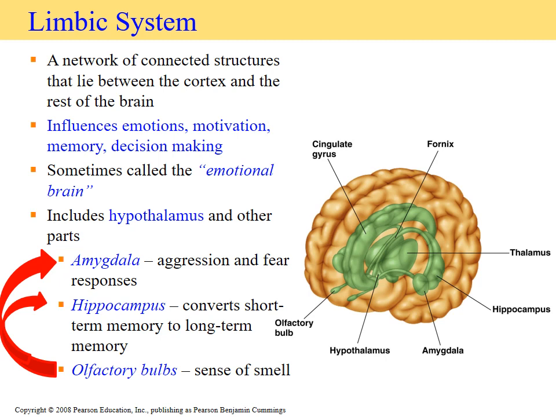Another thing that I want to bring up to you is the amygdala. The amygdala is your aggression and fear center of the brain. And there have been lots of studies to see what would happen if the amygdala becomes damaged, or if there's like a lesion in it. And usually what we see happening is that people will lose that sensation of aggression and fear,